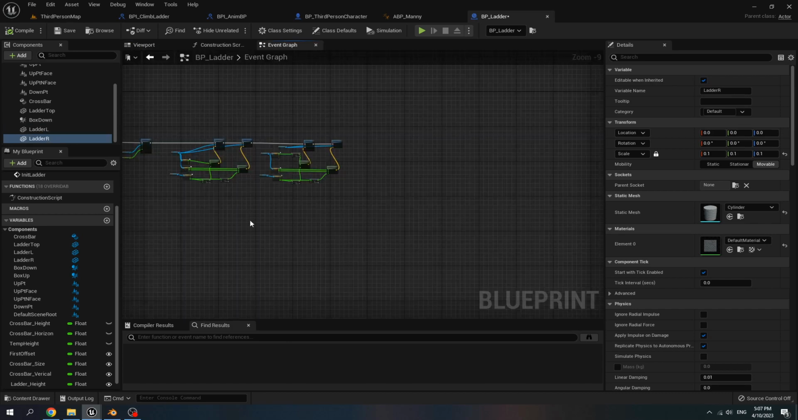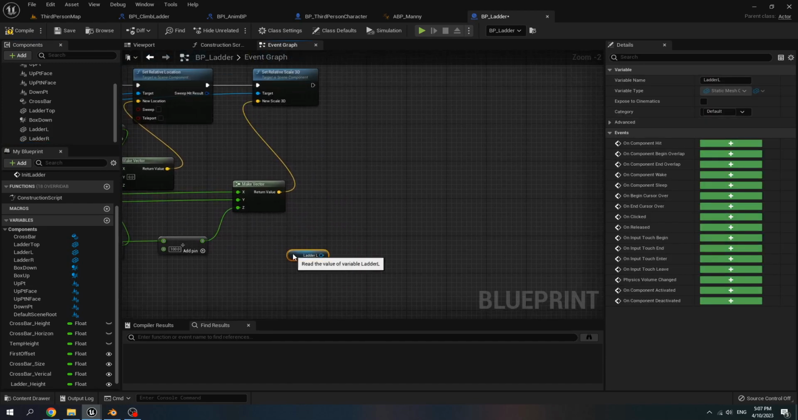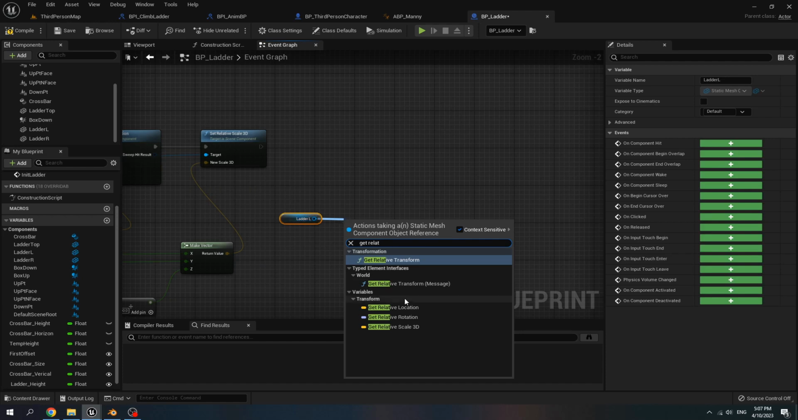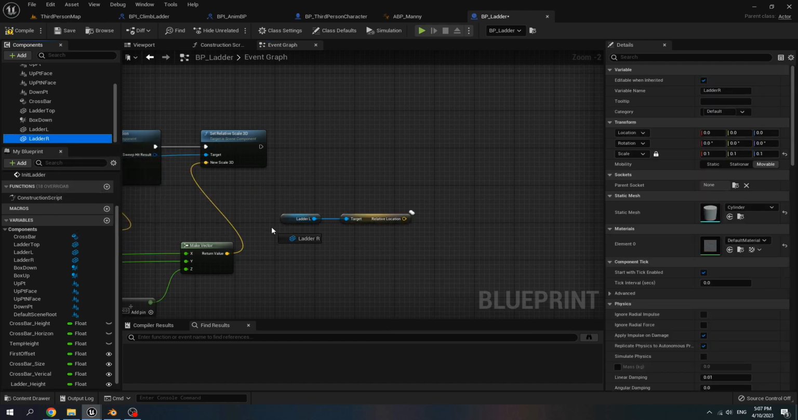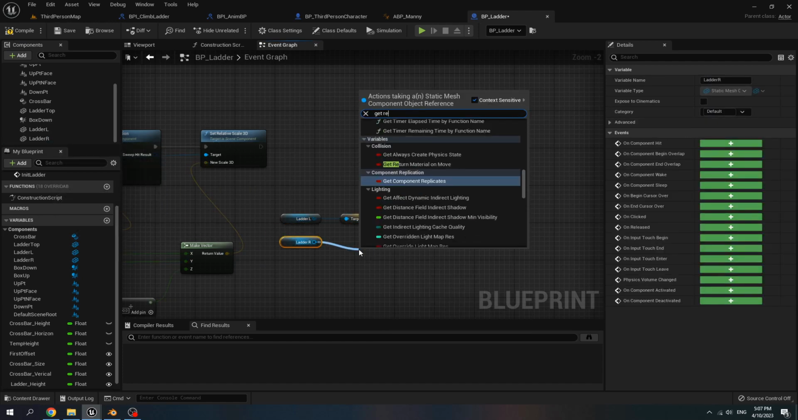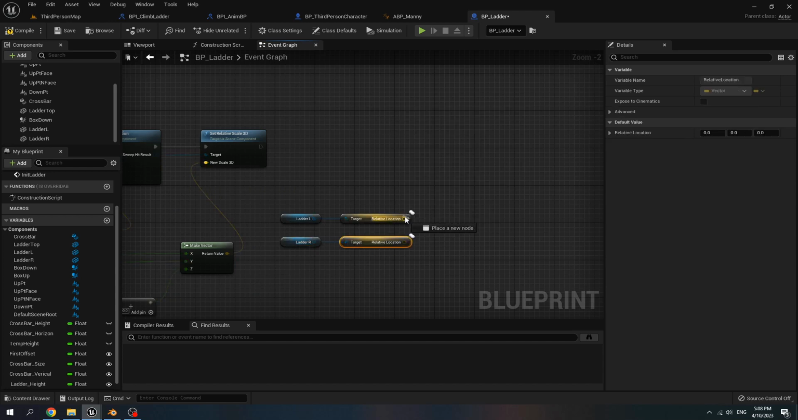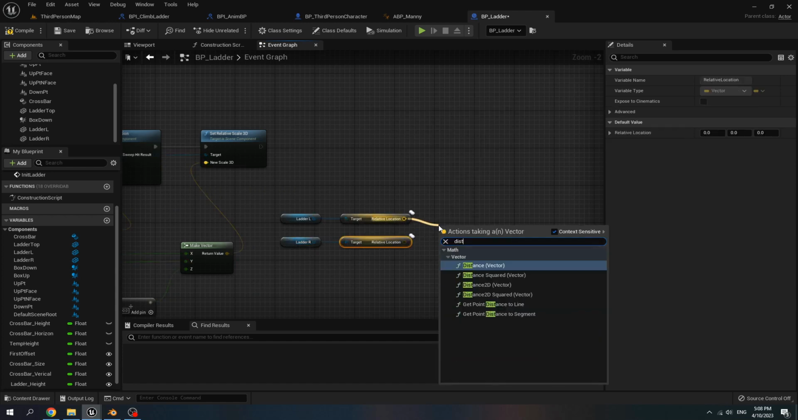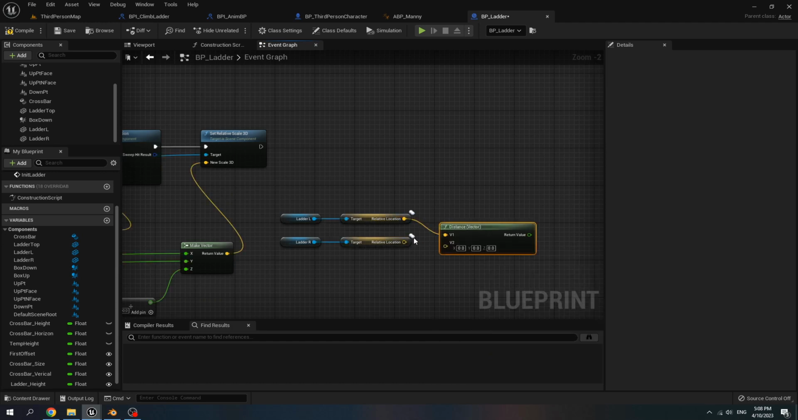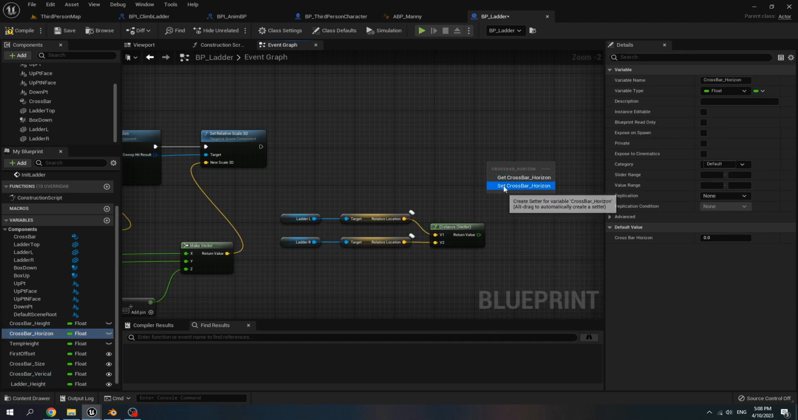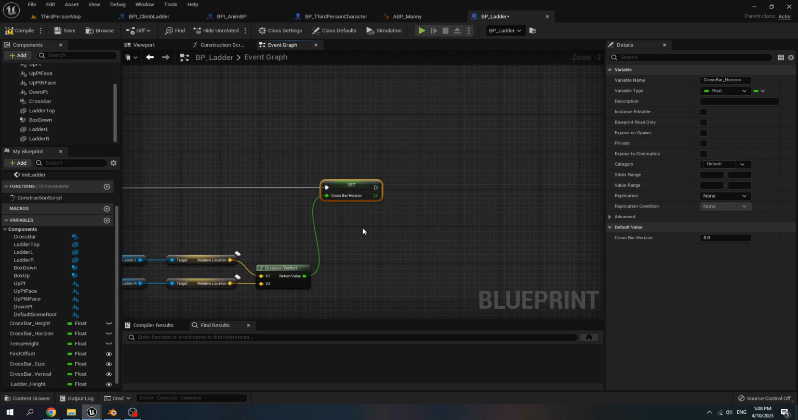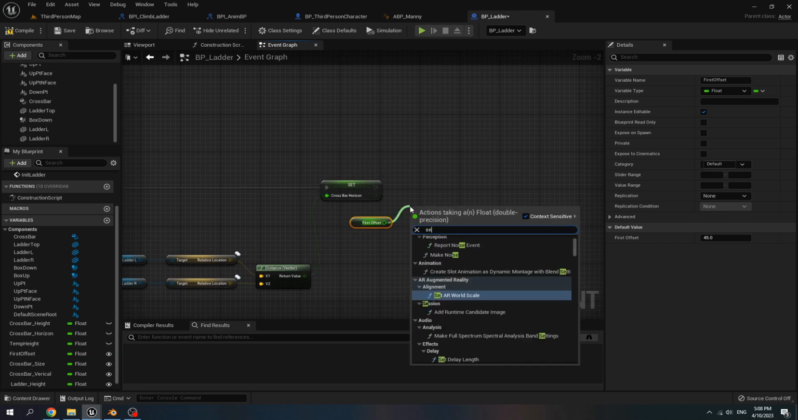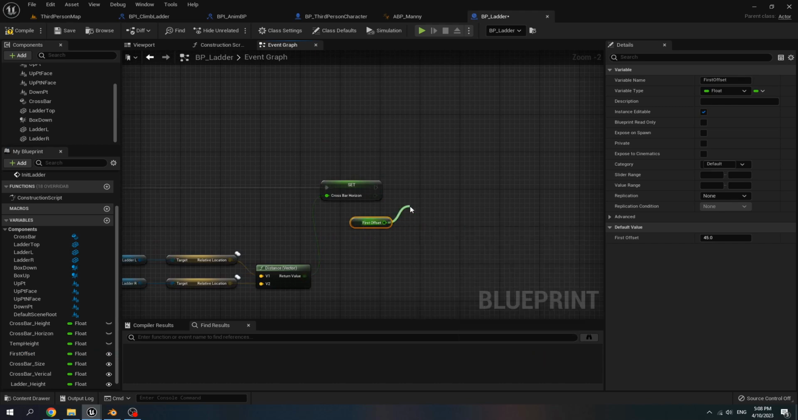Now to create the crossbar, get ladder L, then get relative location, get ladder O, get relative location, find the distance between these two locations, then set it to crossbar horizon. Get first offset, set temp height,